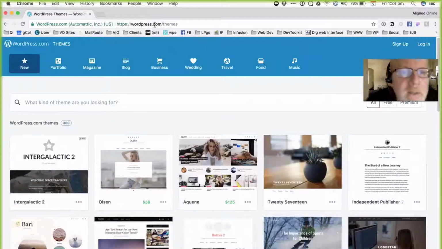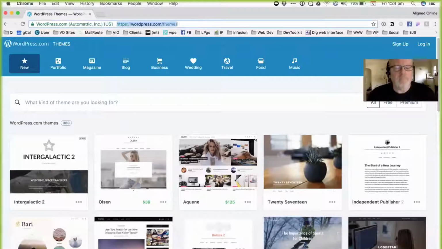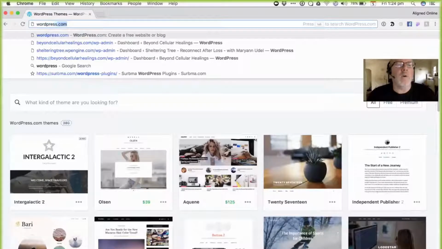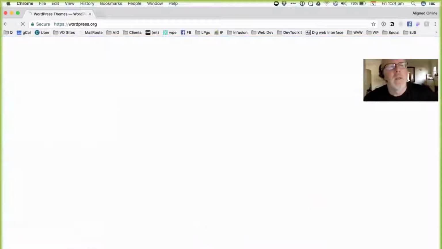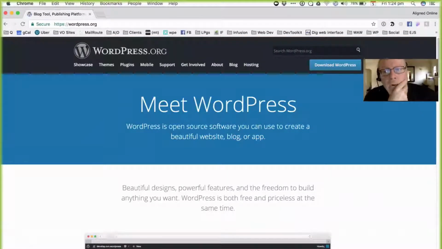Well, the other way to go is you install WordPress from WordPress.org on your own server. Most hosting providers have a one-click button that you just click to install WordPress on their server. So if you're hosting at GoDaddy or Bluehost or